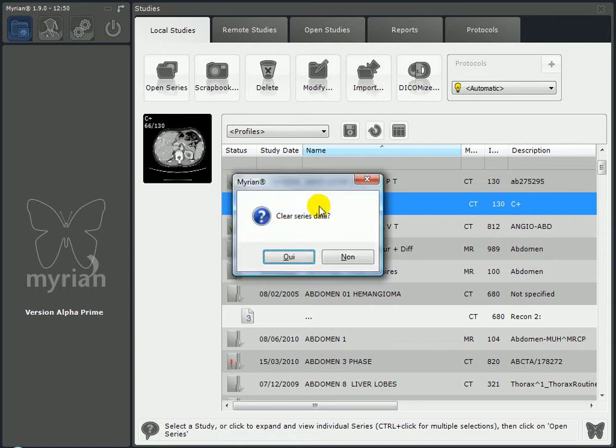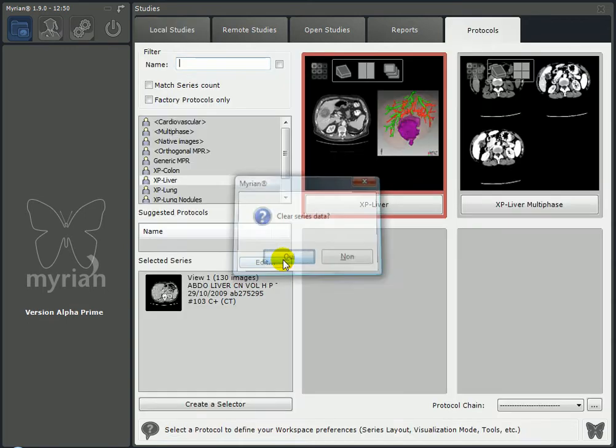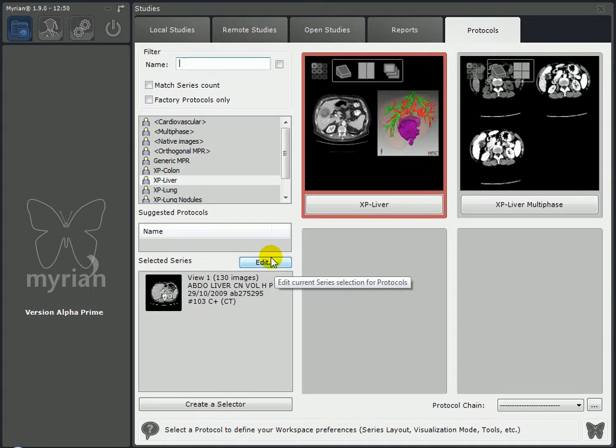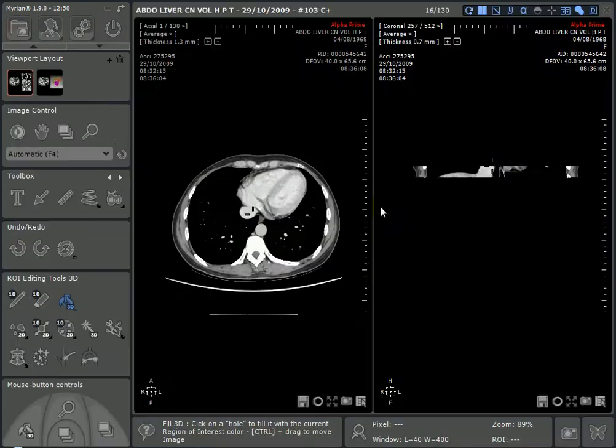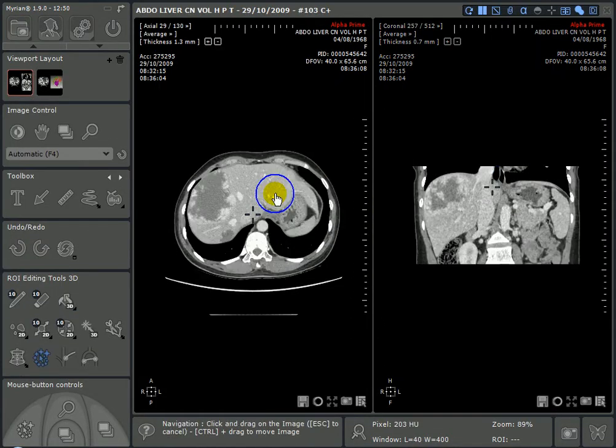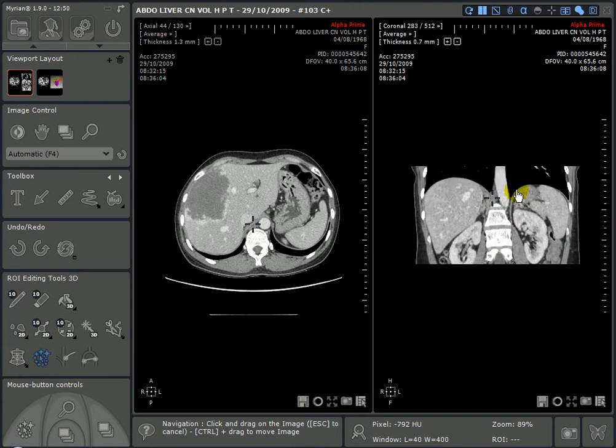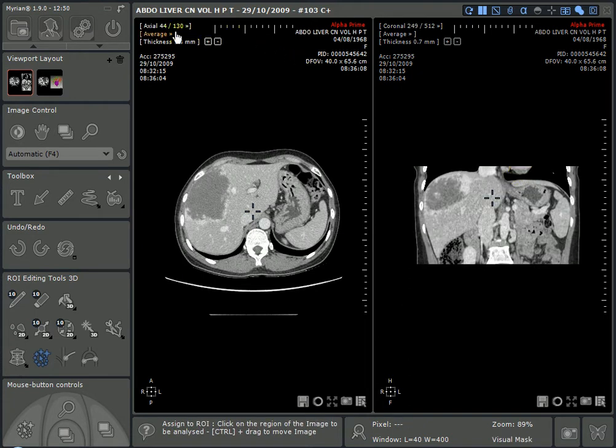Shift, delete, enter, clear series data to remove the previously processed information. I select the XP-Liver display protocol. I open action. I have also coronal on the side, really quick to load. I can go click average to display, also switch to MIP mode, increase the slice thickness. I change a little bit the windowing up